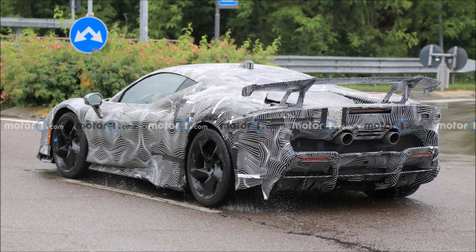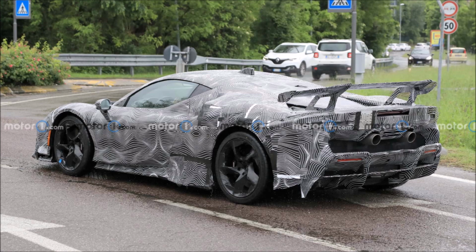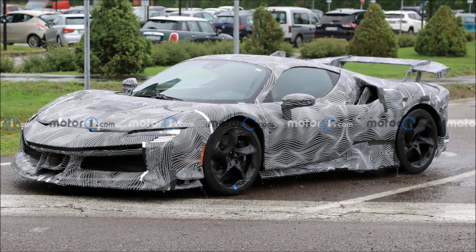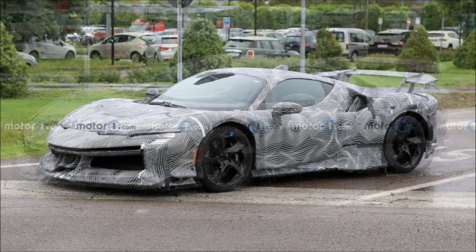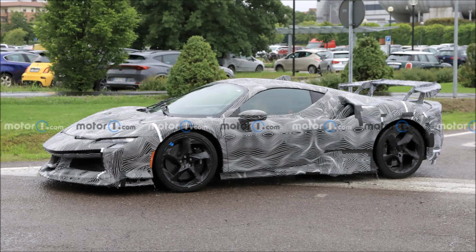Now, there's a new set of spy photos here to give us our best look so far at the future of Ferrari. And this is from Motor1.com, as you guys can see. Now, their sources say that it officially will be called the SF90 LM. Not exactly sure if that's true yet, but there's been other prototypes seen on video and in high resolution images